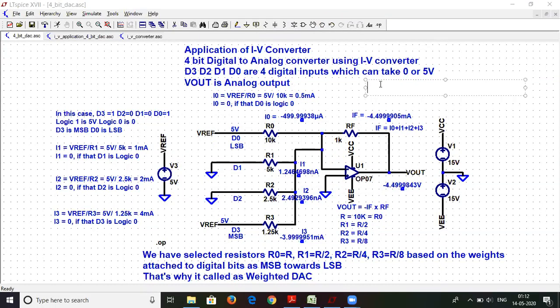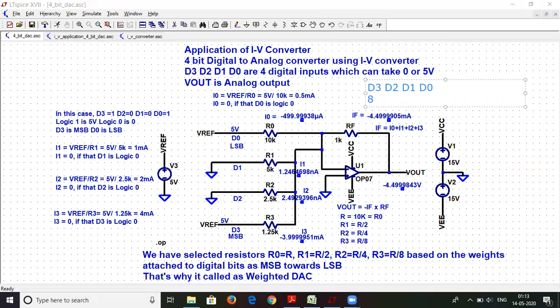Let's say you have a 4-bit number, D3, D2, D1, and D0. This is a binary form, so how do we write it in the weighted form? This will be 2 raised to 3, that is 8.